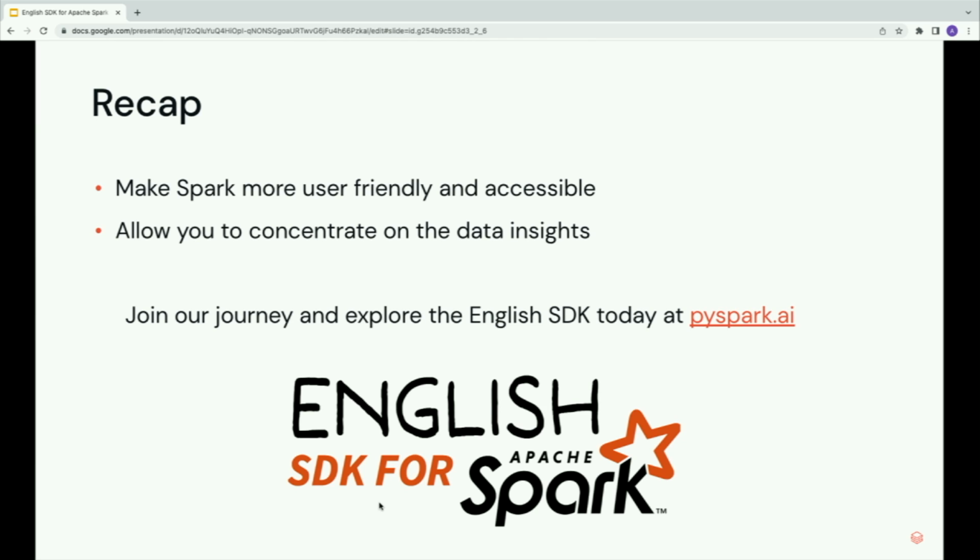The project is all about making Spark development simple. This way, you can focus more on getting your data insights and spend less time on learning the APIs. Please join our journey and try the English